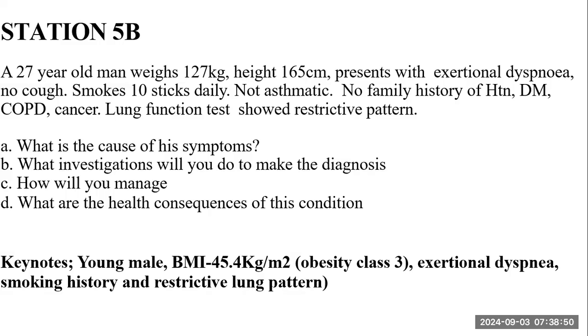If the apnea hypopnea index is between 15 to 30 events per hour, that categorizes the patient as moderate sleep apnea. And if it is more than 30 events per hour, it categorizes the patient into severe sleep apnea. I want to also say that one of the distinguishing factors between OHS and OSA, apart from the fact that patients with OHS have daytime hypercapnia,